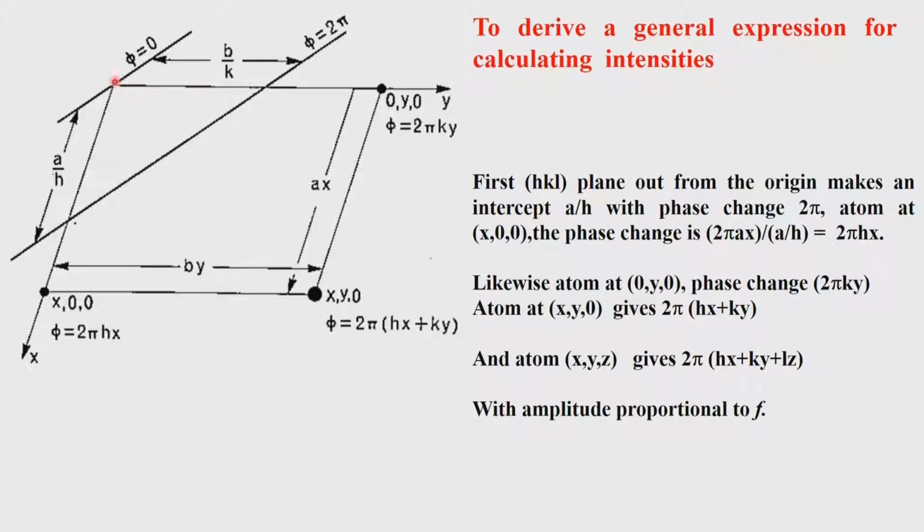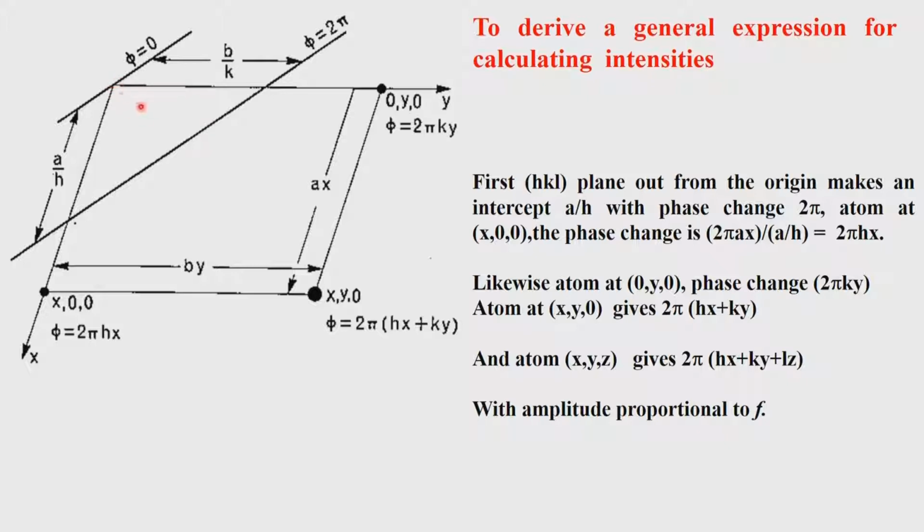If you consider a plane passing through the origin, as we have always discussed, this particular plane will have a phase difference of 0, because there is no path difference at 0, 0, 0. We have also shown that all atoms lying on this plane will scatter in the same phase. So, the phase is 0 for atoms lying in that plane. Then, by definition of Bragg's law, we take the first plane which comes out of this 0, 0, 0 position,